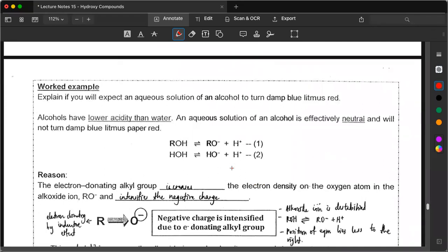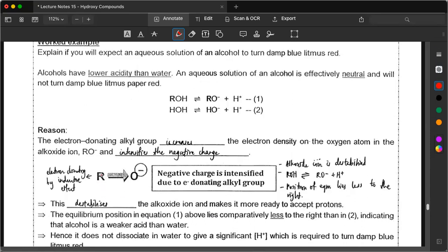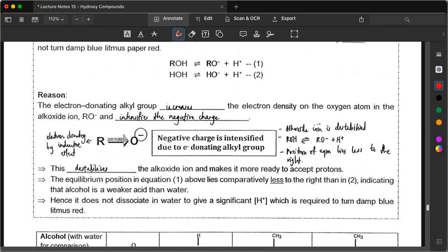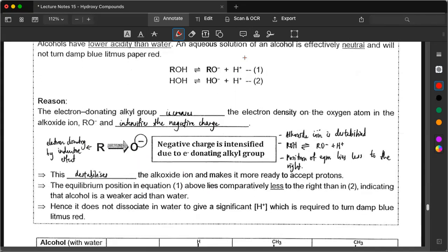Now, this is the reason to support the explanation. We have the electron donating alkyl group. Being electron donating means they will cause an increase in the electron density on the oxygen atom in the alkoxide ion, RO minus. This will intensify the negative charge. When this negative charge is intensified, it will destabilize the alkoxide ion and make it more ready to accept a proton. Now, the equilibrium position in 1 lies less to the right,